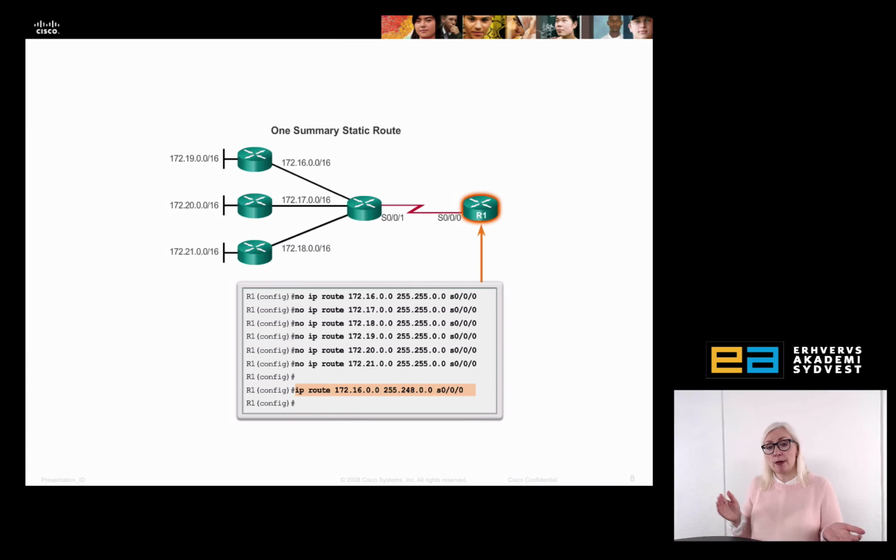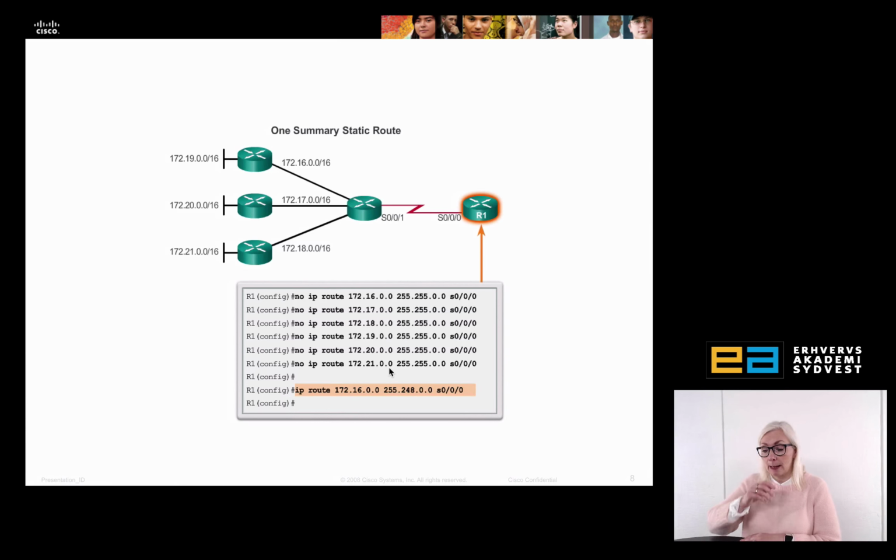The smaller the routing table, the more efficient the routing process will be. So we always would like to summarize the routes to keep the entries in the routing table as few as possible. So here, when we have a static route, instead of having 1, 2, 3, 4, 5, 6 static routes, well then I can sum them up here in router 2